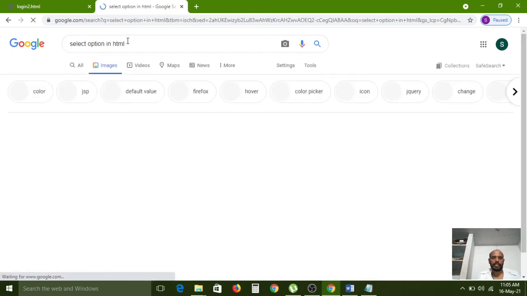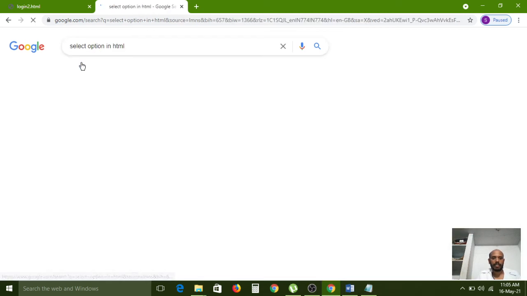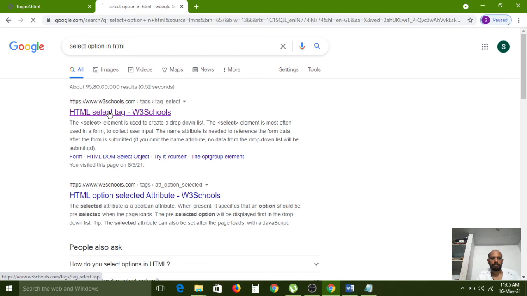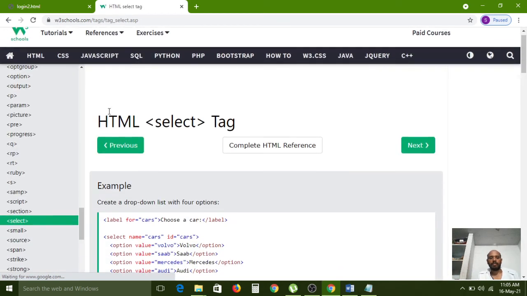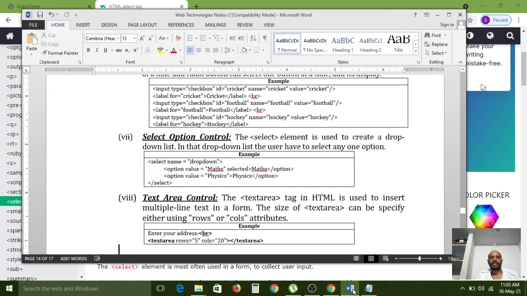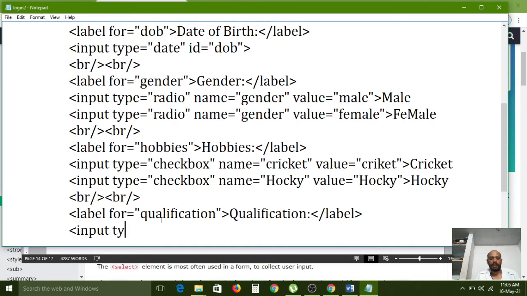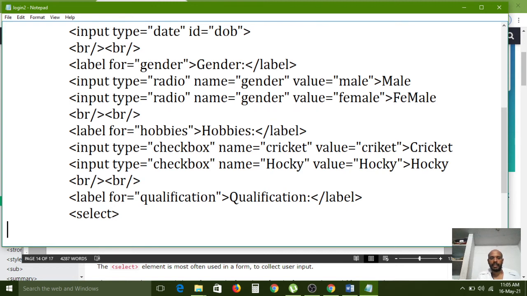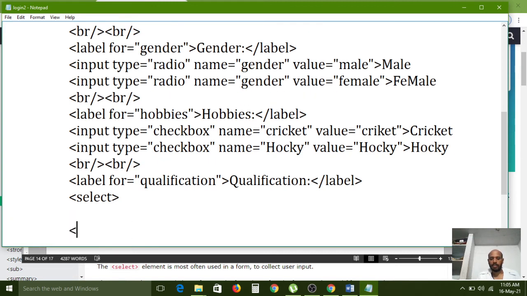Select option in HTML. After the label, we can directly use the select option. Okay, here the input tag is not required, we can directly use select, opening and closing.